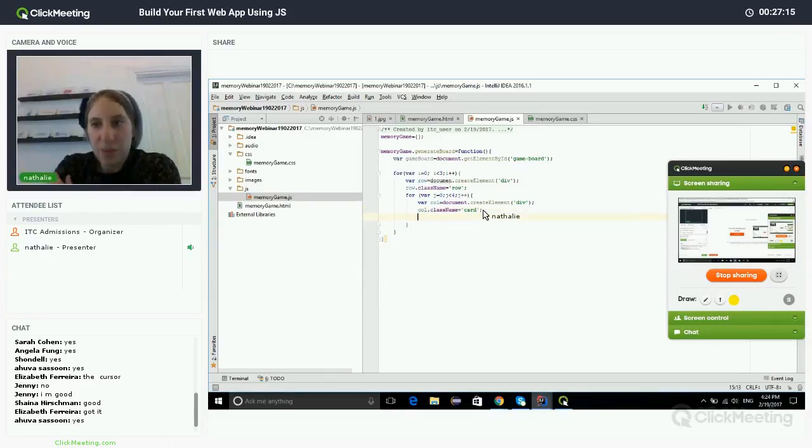Here I also need to give my cards an ID, something that will identify them each differently. Why? Because afterwards I want to attribute a picture to every single card, and a different picture to every single card. So the best way for me to do that is I'm going to use an array. An array is basically like a memory space where I can refer to every single element of this memory space